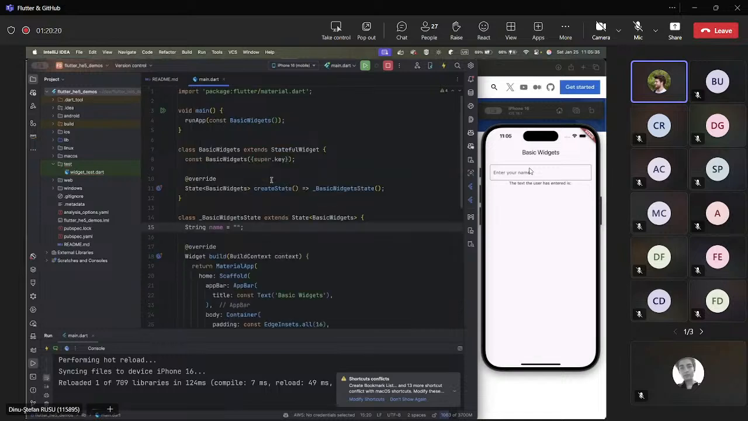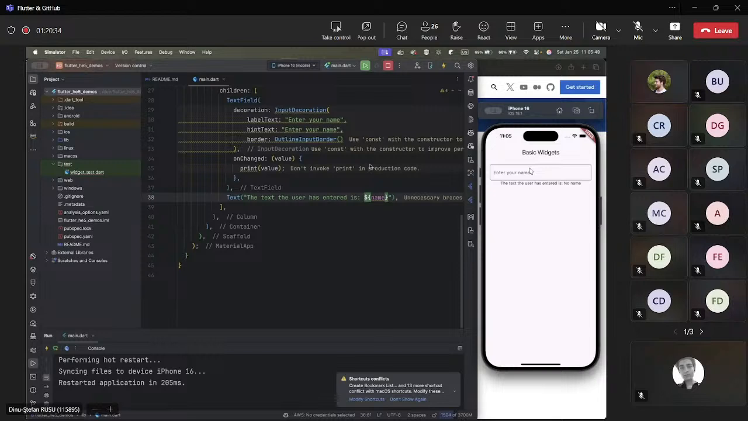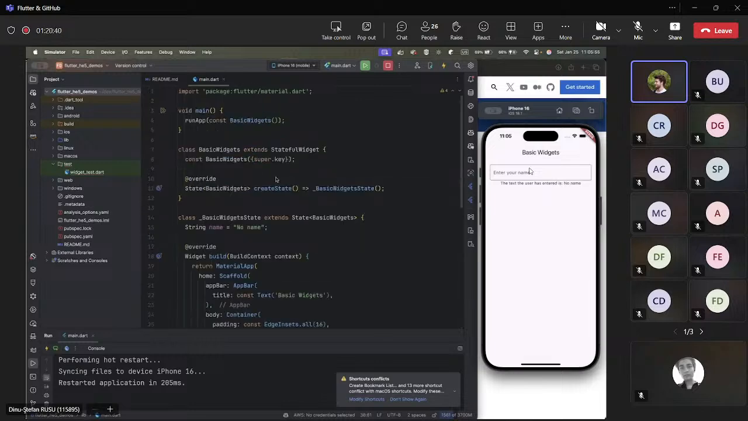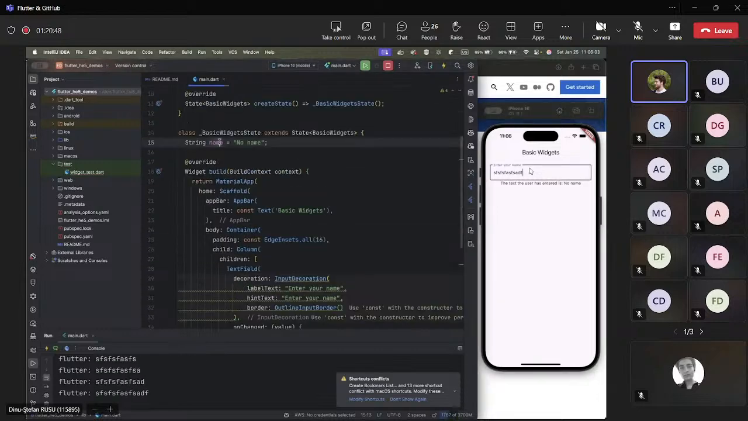Good. Now I have this name. Let's make it no name for the start. I can add it here like this. And let's restart the app. Good. Now the text the user has entered is no name, which is the thing that I've added here, which is fine. If I type here, nothing will happen because I haven't told the framework that this name